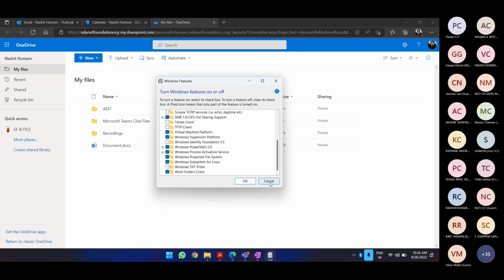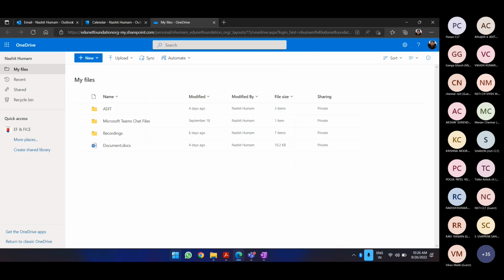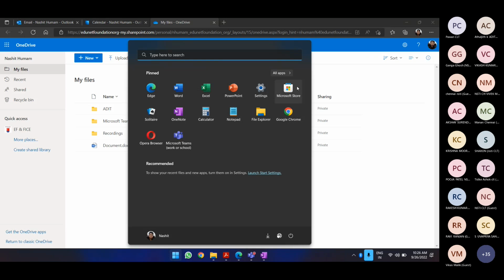You can get your computer ready for Windows subsystem for Linux. Now, once you have these features on, close it. Go to Windows Store or Microsoft Store.